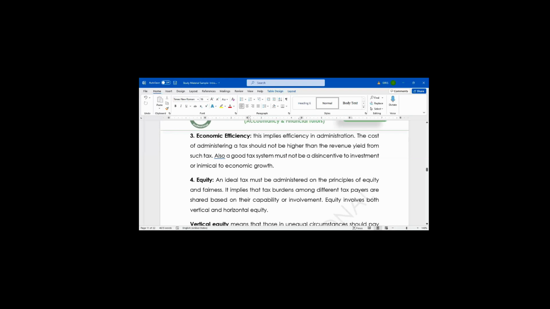Another principle that we have is called principle of equity. Principles of what? Equity. This one is referring that a good tax system should be fair. There should be fairness, unbiased treatment of all taxpayers. When tax authority is dealing with the taxpayer, they should deal with them with fairness, unbiased. Every taxpayer should be treated in an equal manner. You should not treat them based on their religion or based on their tribe.